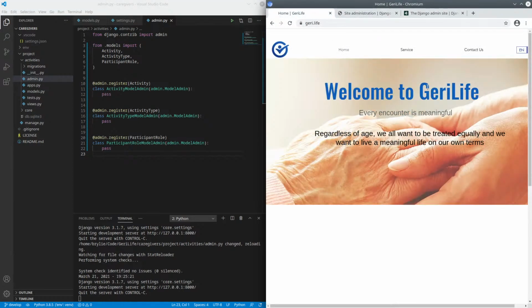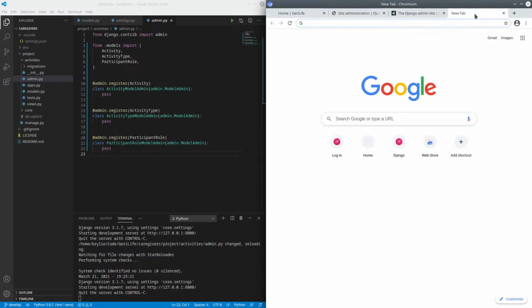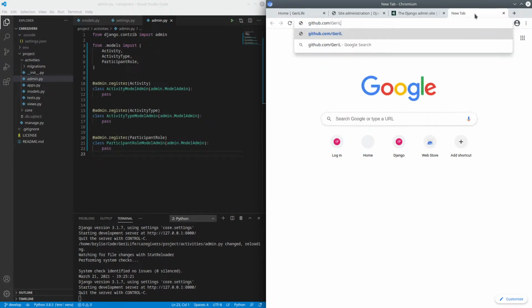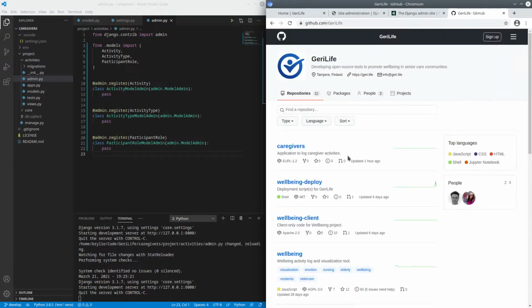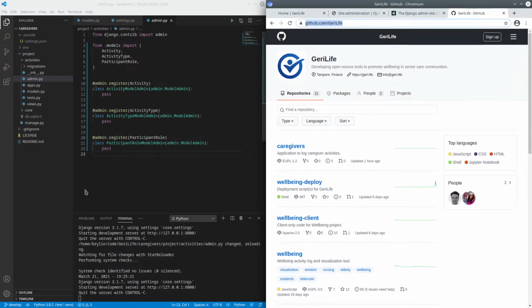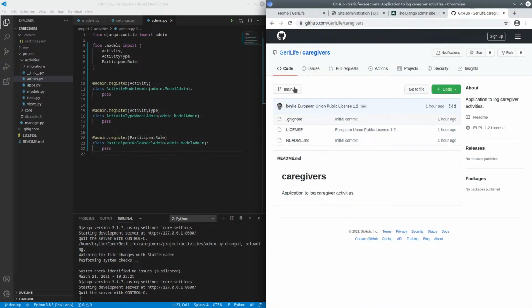Oh, by the way, here's our project. And everything here is open source. All of our projects. I'm currently working on the Caregivers app. So if you're interested, you can visit our GitHub repositories. And I'm working in the develop branch. I haven't pushed any code up here, but I will be sure to push the code at the end of